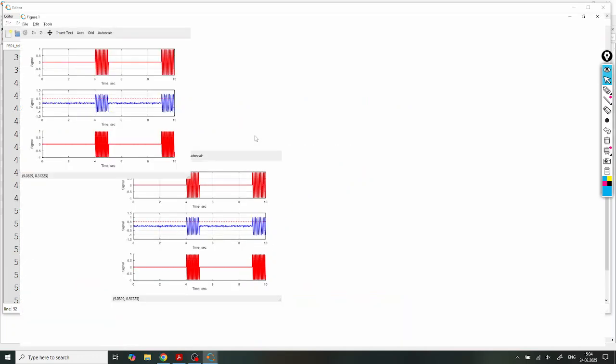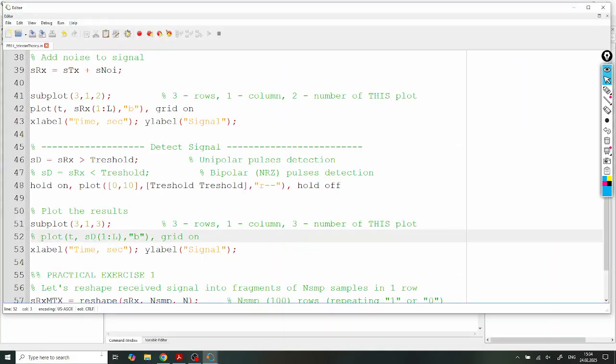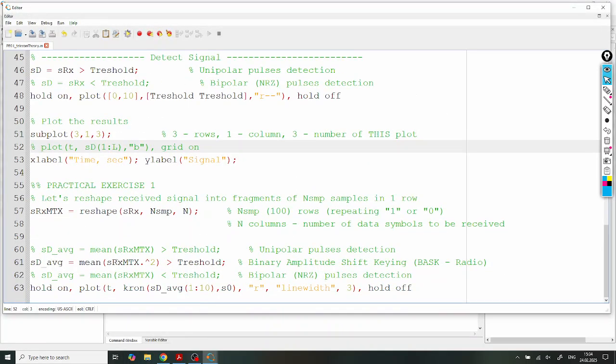Now, here we can see that we actually cleaned this signal from noise, but we didn't really make a detection of it. Now, why did that happen? So if it is more than threshold as the average,